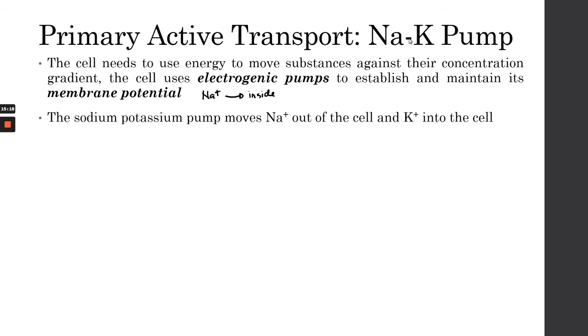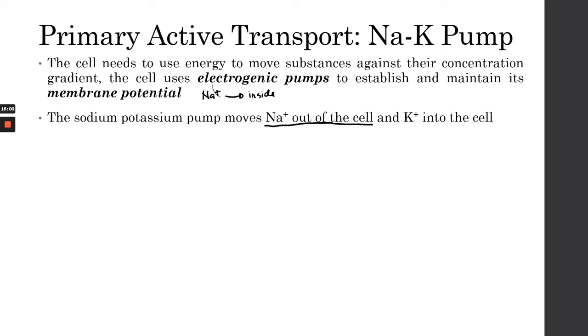Yung sodium potassium pump, ang ginagawa niya is it moves sodium out of the cell. So that is not negative, that is the opposite direction nung electrochemical gradient niya. Para magawa yun ng cell na para makick out niya yung mga sodium palabas, kailangan niya ng energy para yung movement ng sodium is opposite dun sa natural movement niya via electrogradient. Same thing sa potassium. Ang gusto ng cell is laging magpasok ng potassium sa inside para ma-establish